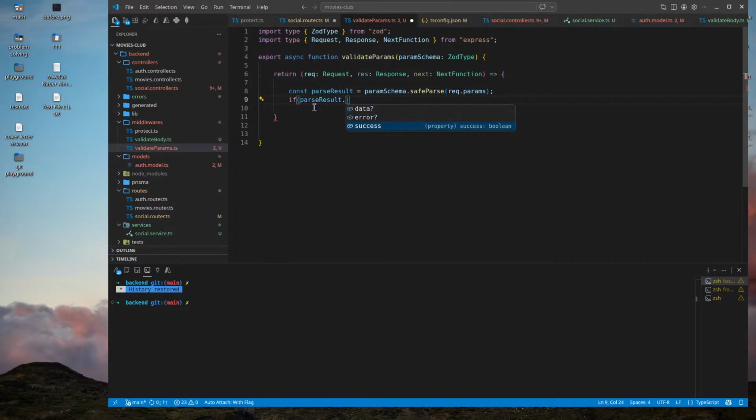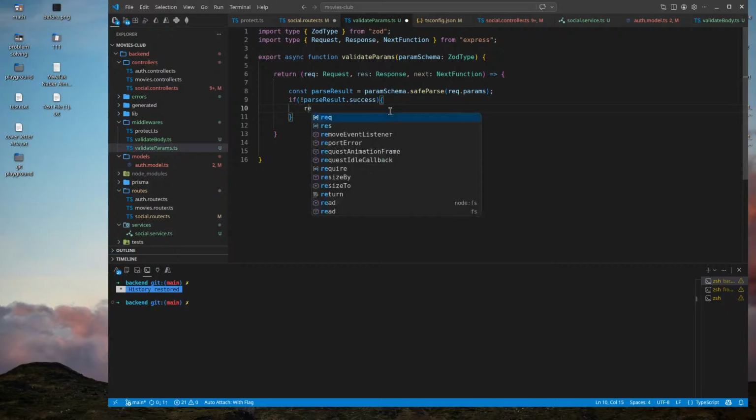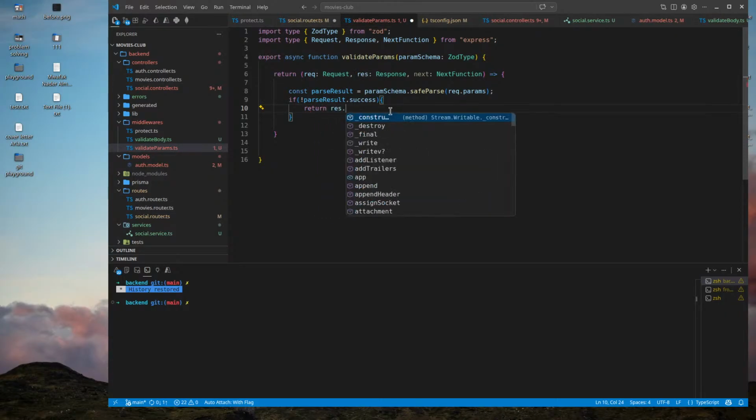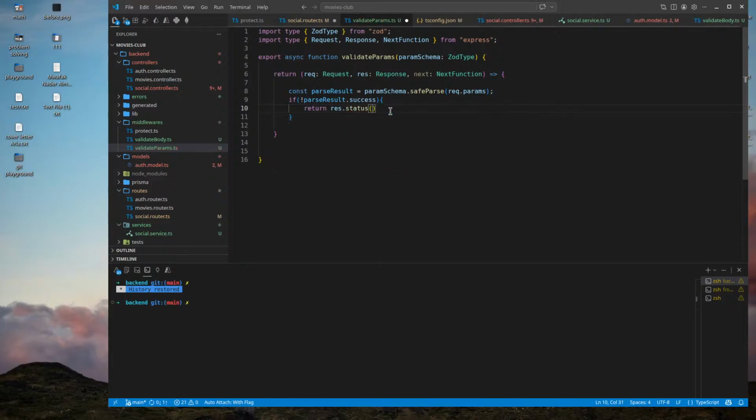If parse result dot success. All right, if parse result is not success, we will return res dot status 400 dot json, message: invalid input or invalid params.